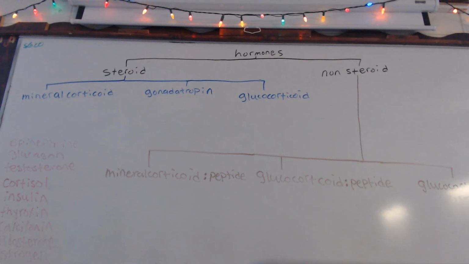How is water conserved? By which mineral? We said water follows this mineral. It follows sodium. So what hormone did we possibly talk about that does water recycling or water retention? It's a second messenger mechanism. In other words, the back side of your pituitary gland sends out this hormone, ADH, or antidiuretic hormone, and sends that message to the kidneys. Then the kidneys will have this hormone secreted to say, hey, we need to conserve water. But it's a steroid, though.